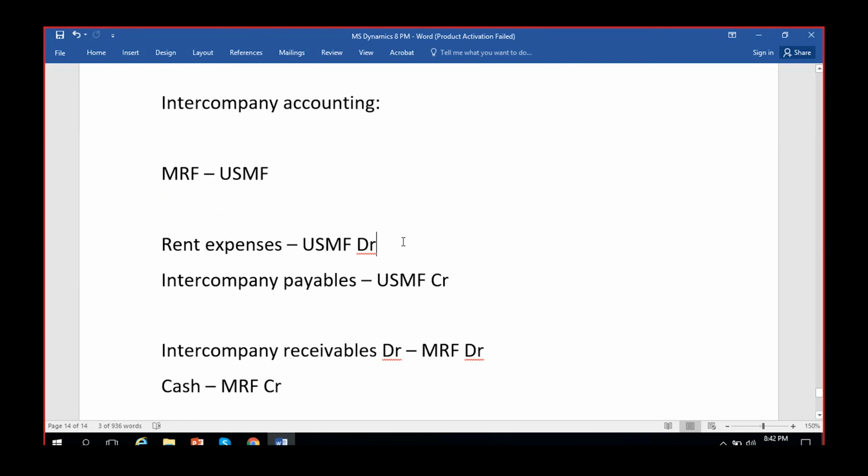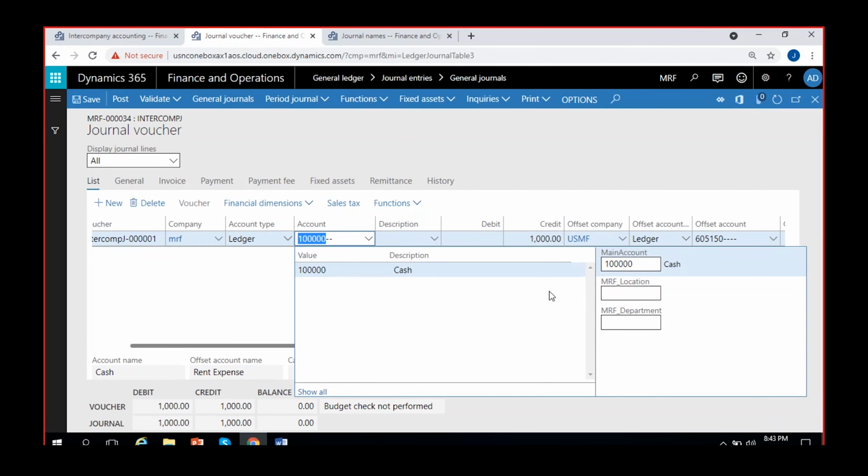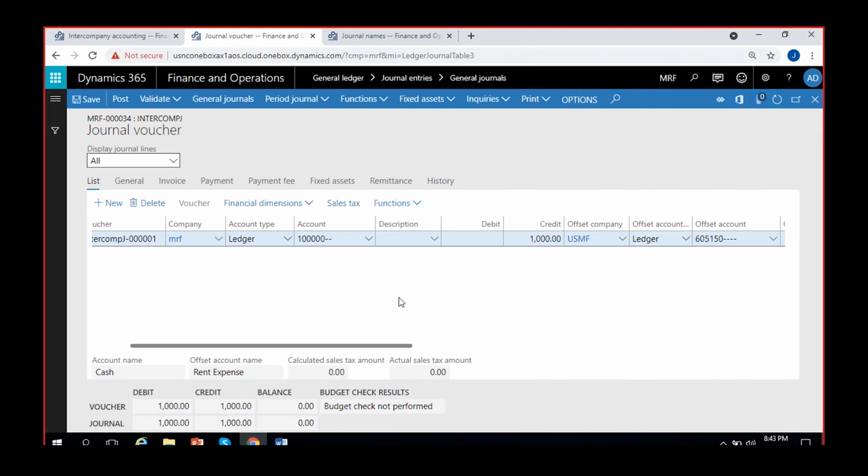So our agenda is to pay the rent expenses of USMF legal entity with the cash account of MRF legal entity. Okay. So I am in MRF, right? So my originating company is MRF. Then in MRF, I created a journal. I gave the intercompany journal name so that it took the voucher intercompany journal 001. Then while I'm creating the voucher, it by default takes the company as MRF. So I'm letting it be MRF only. I'm selecting the cash account of MRF, which we have to credit usually. So I'm selecting the same cash account of MRF legal entity. So this is the chart of accounts of MRF. Selecting the MRF cash account and I credited